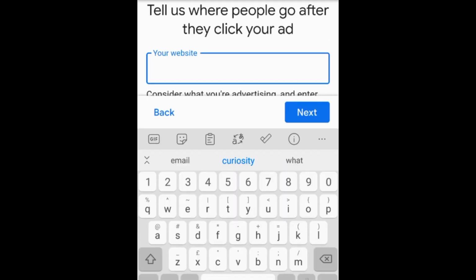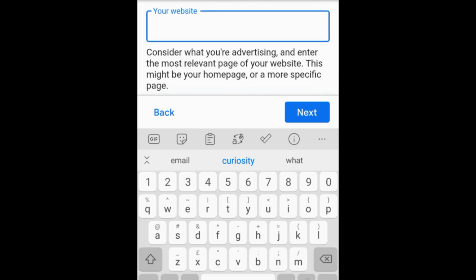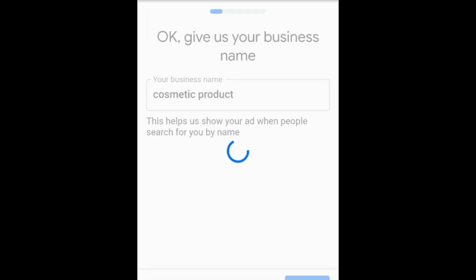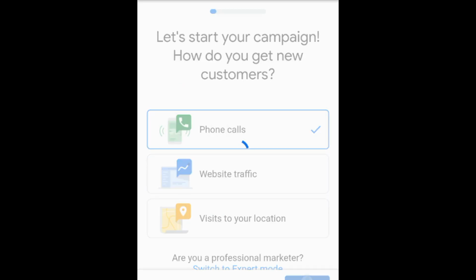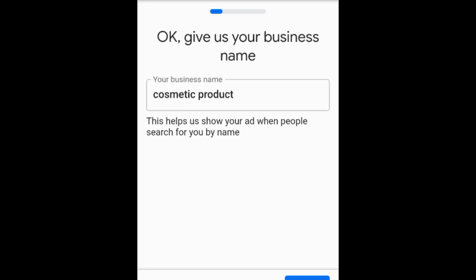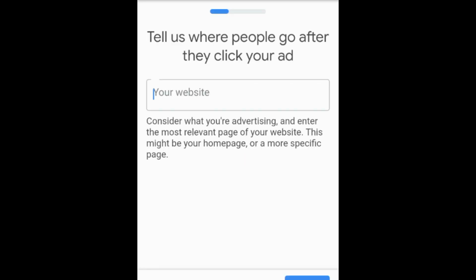I simply click on the next button, and here you have to provide your website link. For the purpose of your advertising, enter the most relevant page of your website. This might be your home page or more specific. You simply click on the next. This is the process. Further, if you want to proceed, you can. I simply click on the mobile phone number, in the same process as here,